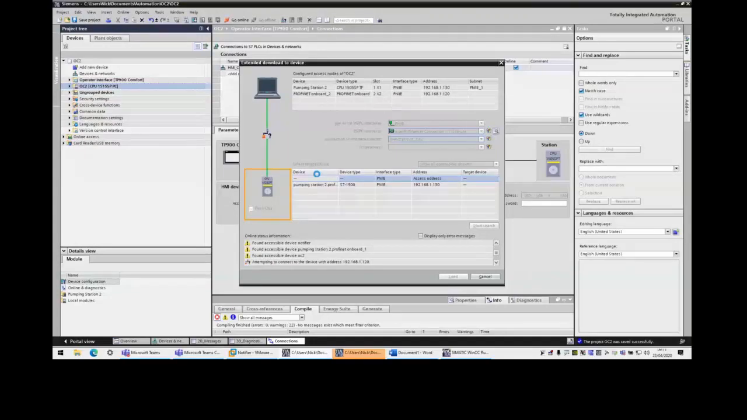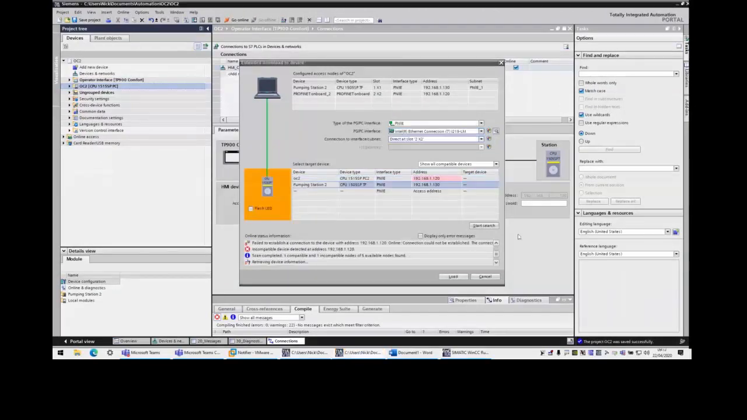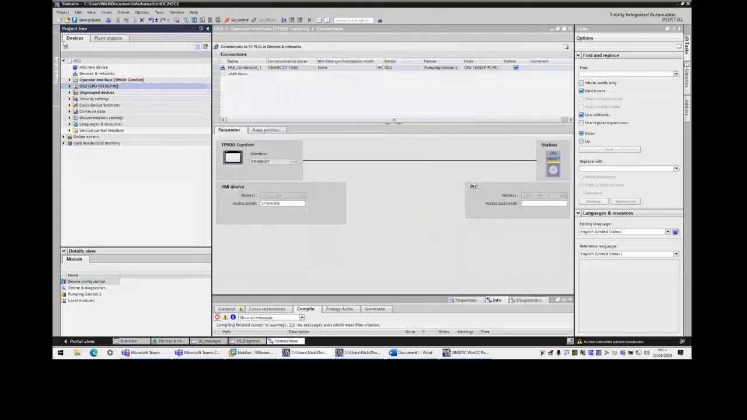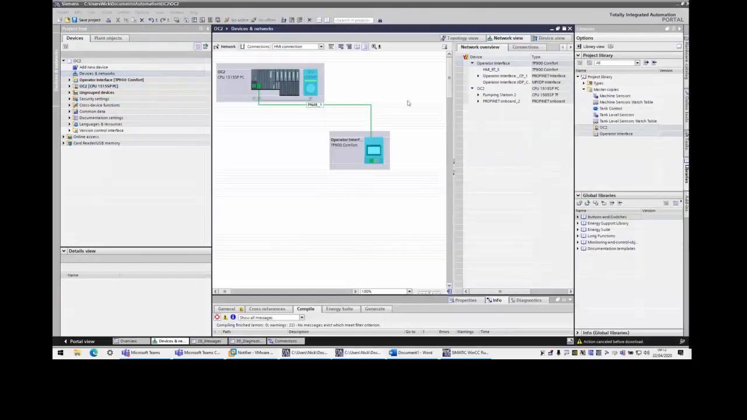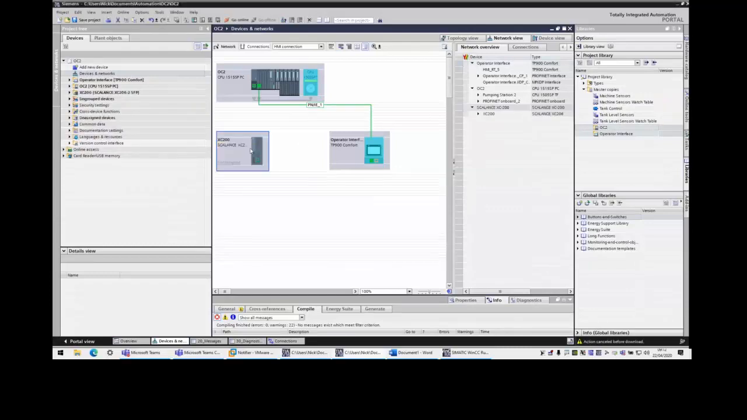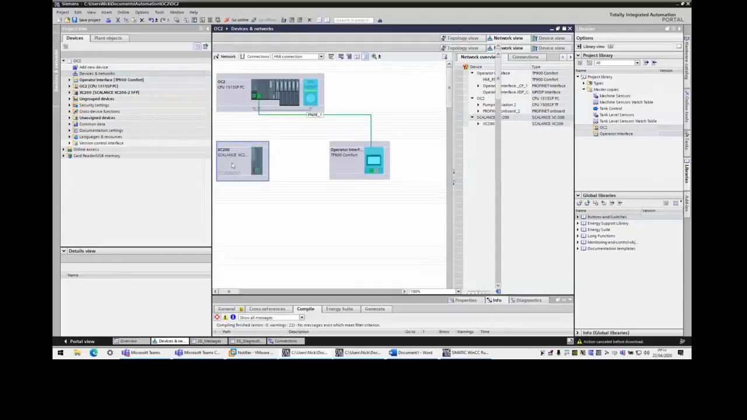So while that's downloading, I've just got another project open on my other screen, which has a Scalance switch included in it as well. What we'd like to do with this Scalance switch is show you some of the functionality for network monitoring that's built into these controllers. So I'll just pull this into this project as well. So if we join it up to our PROFINET network,